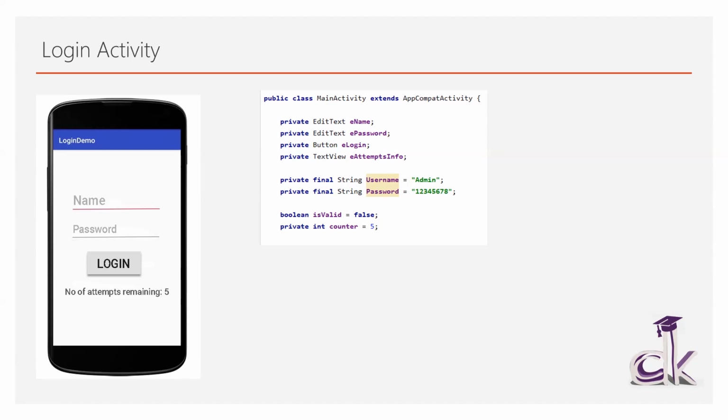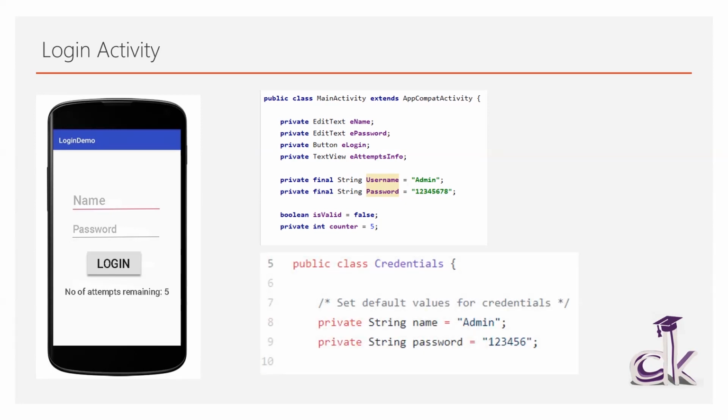So previously what we did is we created 2 string variables, username and password, and we stored admin and the password into that, and we are validating it. We are doing a simple string match and then allowing the user to get into the application. Now instead of that, we can create a class called credentials and then store those details inside this particular class,